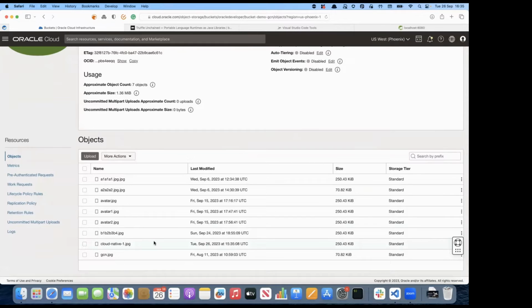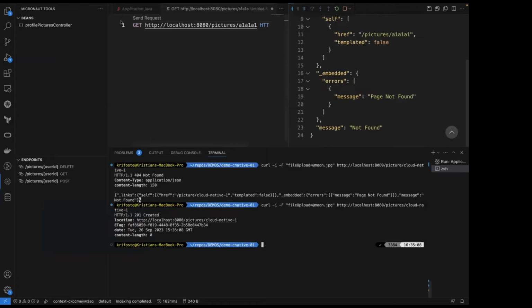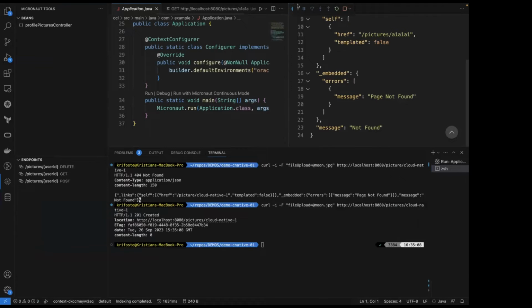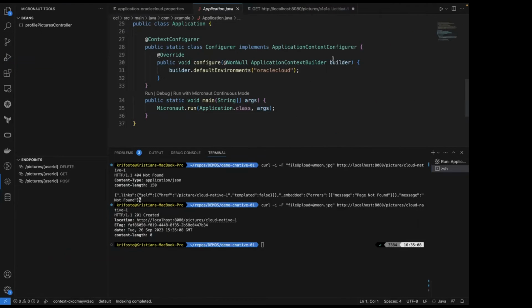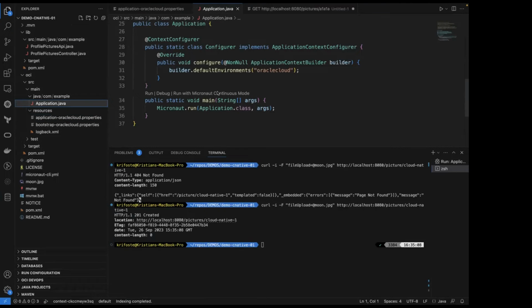So what we've hopefully seen there, apart from my terrible typing and the fact I should have had that curl command as the last one in my history, is that it was really easy to use GCN to talk to object storage. It was really easy to connect to the application. We had just a little bit of configuration to do in order to connect to the bucket. And then it was super easy to run the application by just clicking on run from inside my code. So we're trying to make it a very self-consistent and easy to use experience in order to build and use a GraalVM cloud native application.